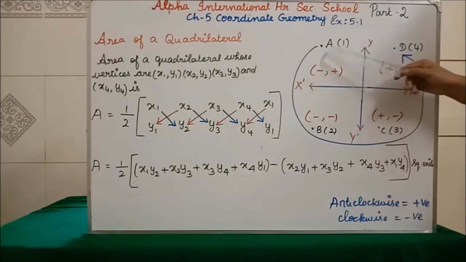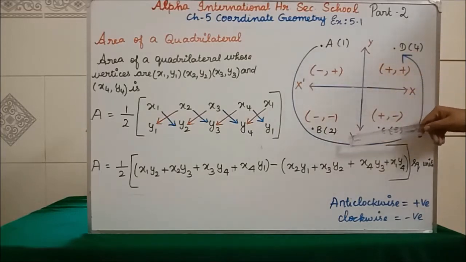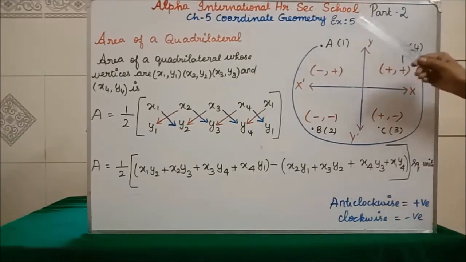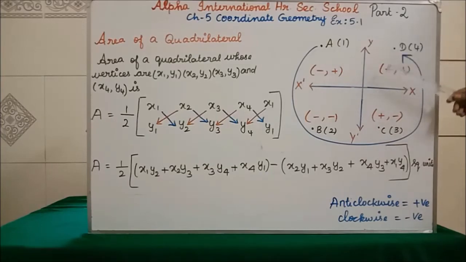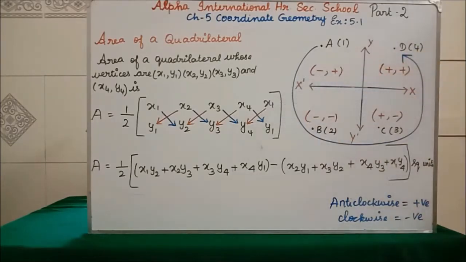See how I have taken. This is our A point 1. After this you are going to come to B point, our 2. Then C point is our 3rd. Then 4th point is our D. So in this anti-clockwise direction only you are going to come. After getting the points, first you are going to plot the points in the graph. Afterwards you are going to draw in the anti-clockwise direction. According to that only you have to write this column. Clear all of you? Now we'll start the 5th question. You will be very clear now.